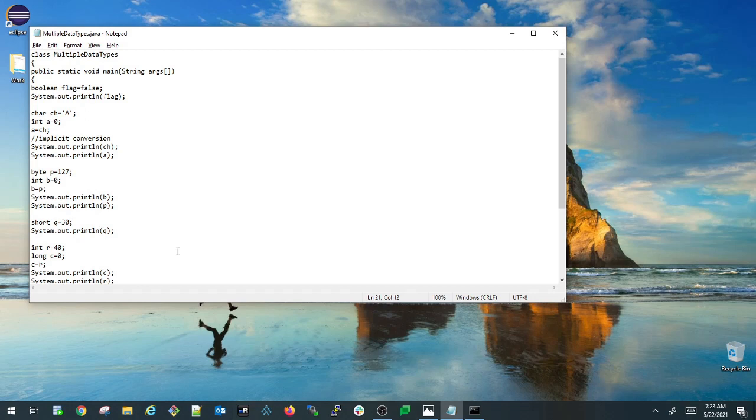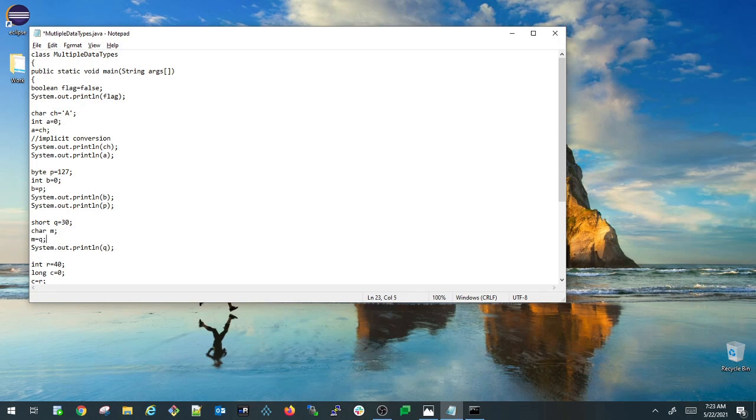For that I am using my short variable q. I'm converting the short variable q from short data type to char data type. For that I'm declaring a new char variable m. Now let us try to assign it directly, m equals q.